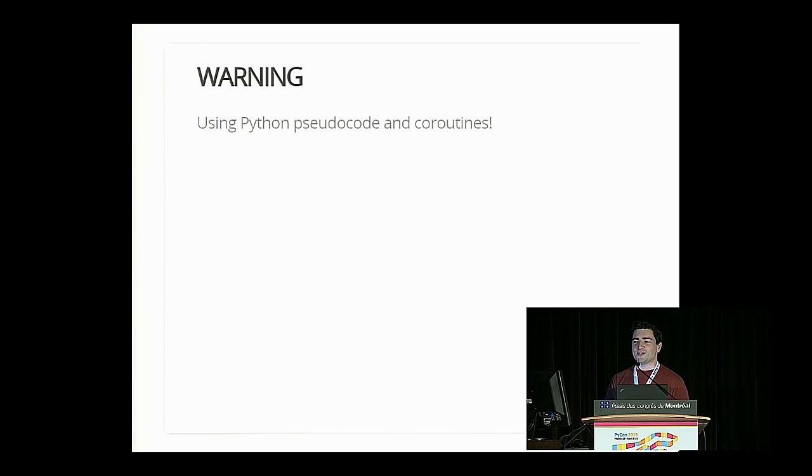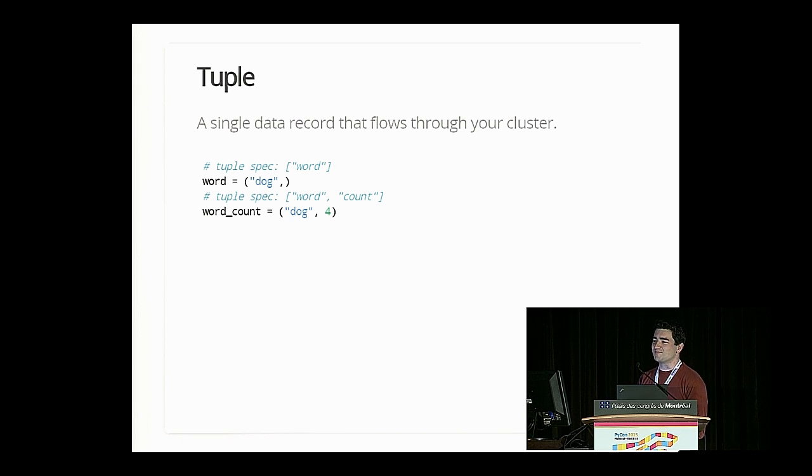Now, as I mentioned before, I'm going to use a little Python pseudocode here, so this isn't production code you should be taking with you anywhere. It's just illustrating an idea. Although I did actually write a mock implementation of Storm using Python coroutines based on this code, so it's not totally crazy. So a tuple is kind of similar to the Python notion of a tuple. It's a data value. For example, you might have a tuple that represents a word, and so then it has a string value like dog in it. And the tuple spec for that would just be, hey, the first field is word. You could also have a tuple that represents a word count, and then maybe it has two fields, a dog and the number of times dog appeared in some corpus, which is 4 in this case. And that's pretty much the notion of a tuple.